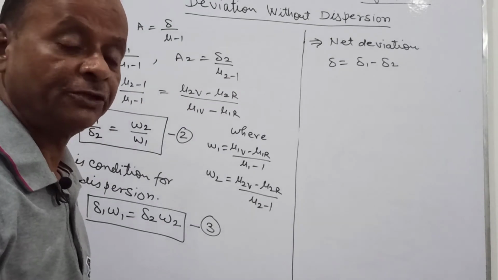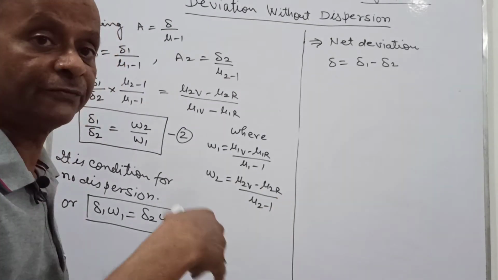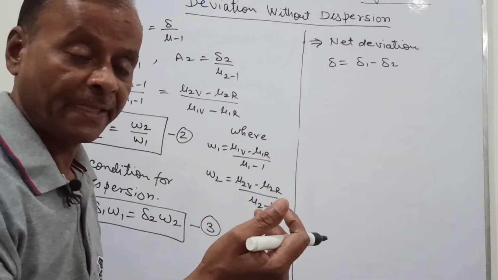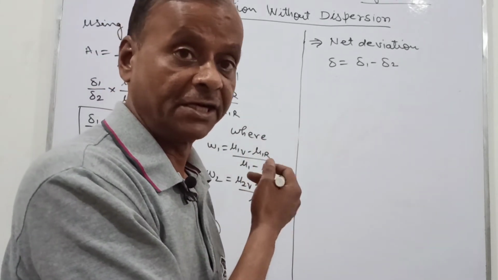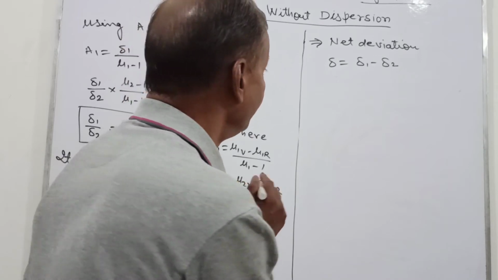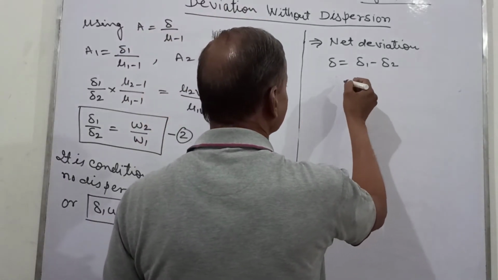Delta 1 is the deviation due to the first prism and delta 2 is the deviation for the second prism. And these deviations are only for the mean color, as I have written in the first step. So this is equal to,